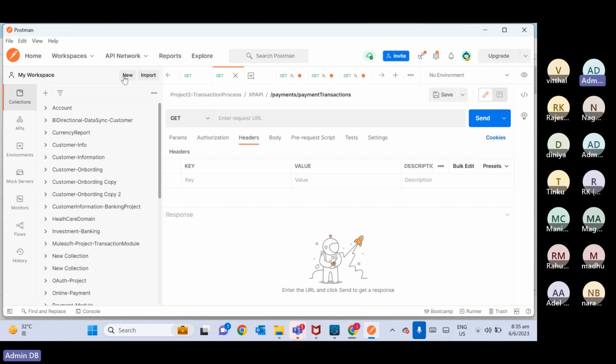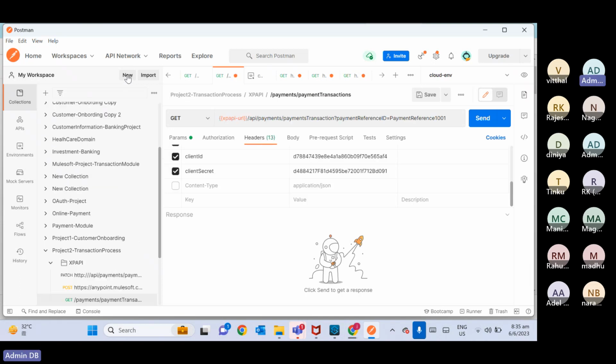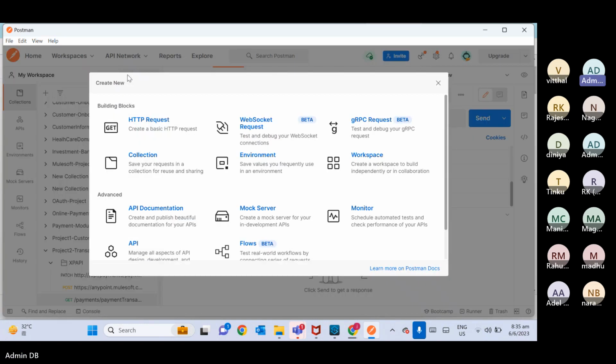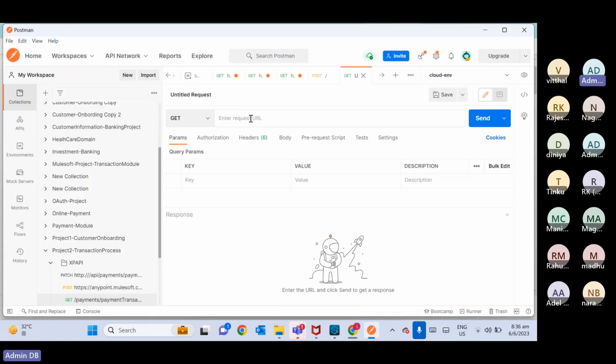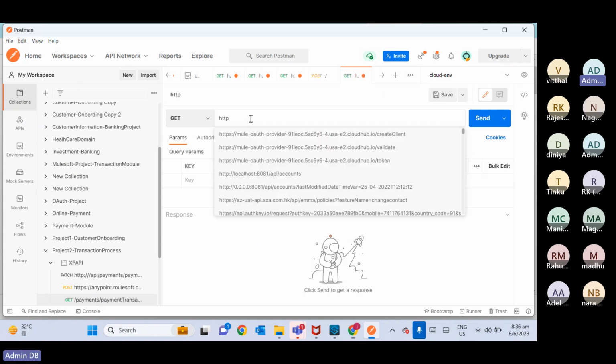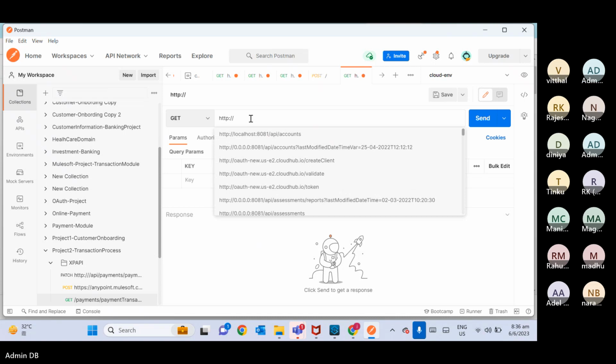Here you will be able to see one option, New. You need to click on this New option and then go to HTTP request. Here you need to give all the details. So what details do I want to give? For my API, what is the protocol? HTTP. Then host is 0.0.0.0. Port is 8081. And then slash